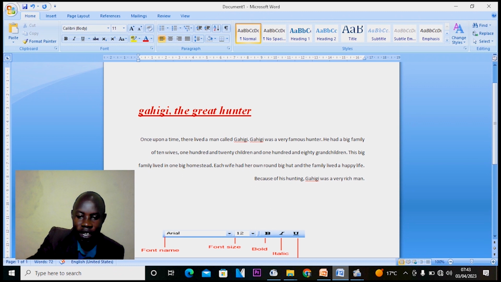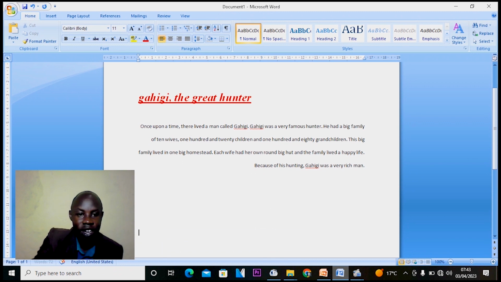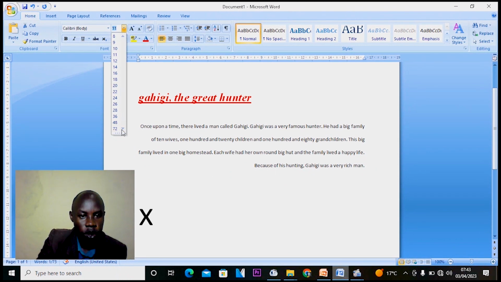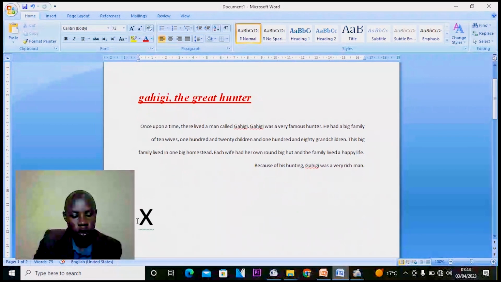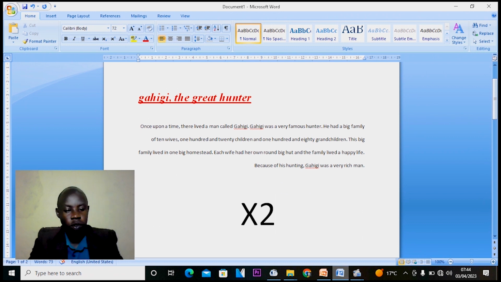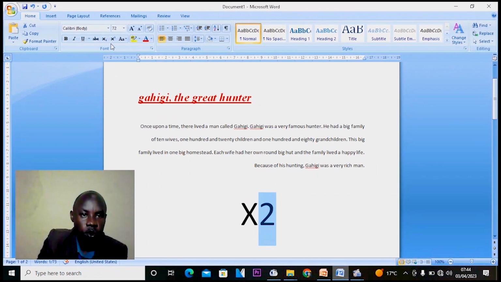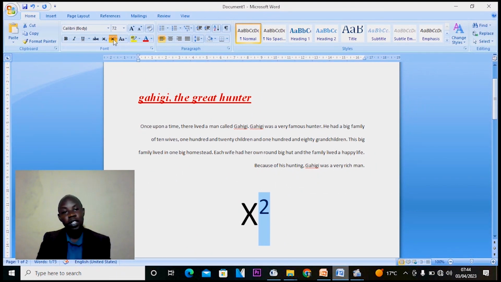So we can even have things like powers. Let us, for example, type X. Let me increase the size for it to be very visual. X power 2. If you wanted to put powers here, you simply use this power 2. You write 2, then you select the 2. You go to this, you put the indices there,